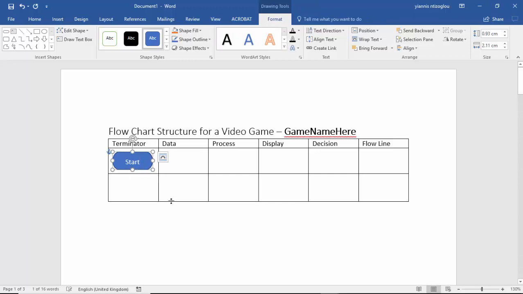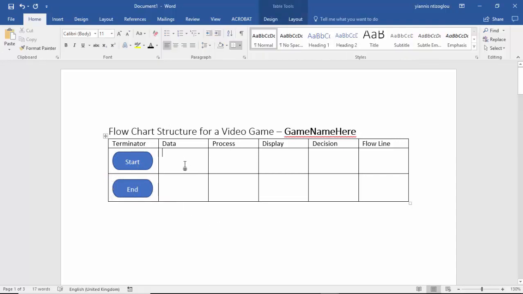I'm going to click away, click again here. I'm going to hold the Control and the Shift key on my keyboard. And as you can see, the mouse cursor changes with a little plus icon. And when this happens, I'm going to click and drag down. So not only am I replicating the symbol, but I'm also putting the symbol directly in the same line. And I'm going to put here,